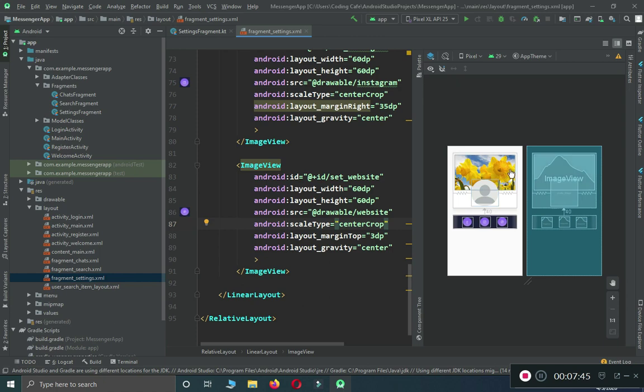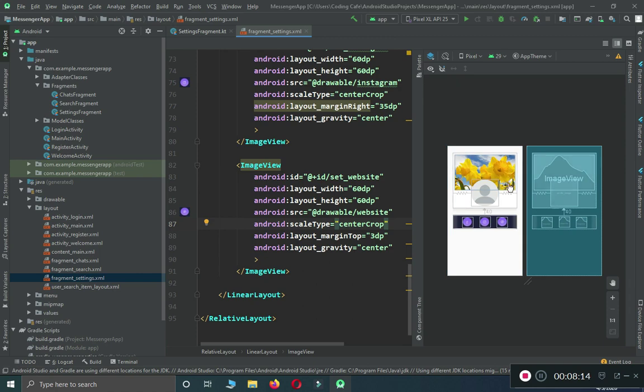When a user clicks on this cover page, we will send the user to their mobile phone gallery, from where the user will pick an image and set it here as a cover page. The same is for the profile page, and if the user wants, the user can change the Facebook link, the Instagram link, or the website. So in this tutorial, the next thing that we are going to do is to retrieve the cover image